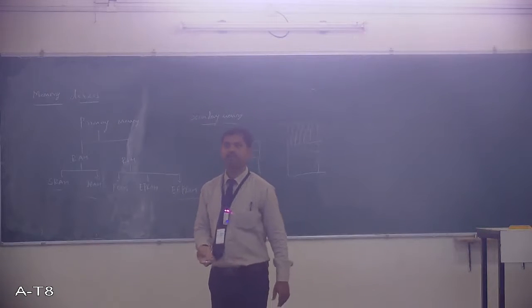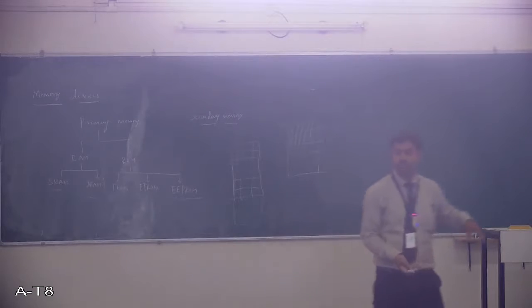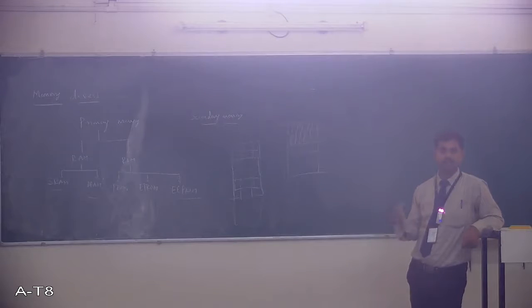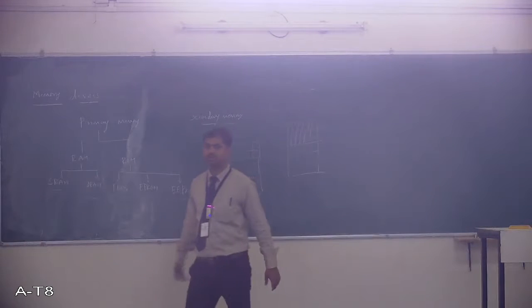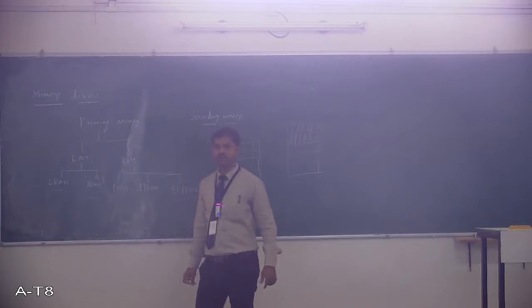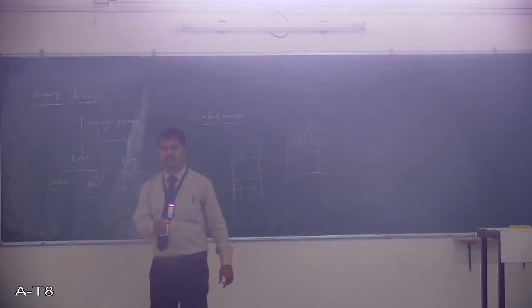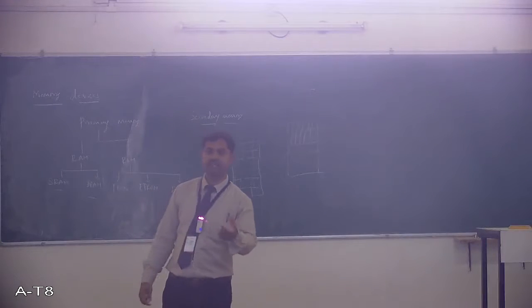So read-only memory is a permanent memory and it's a non-volatile memory. Even after removal of power, it can hold the data. Got this? These are some classifications. Primary memory and secondary memory: a pen drive and disk are all secondary memory, which store a bulk amount of data. Here the capacity is quite limited, but in secondary memory I can use a huge amount of capacity.